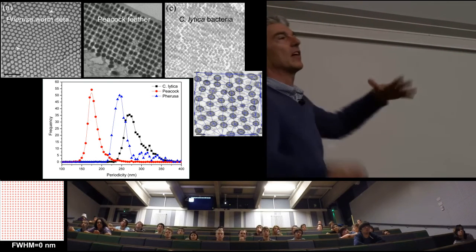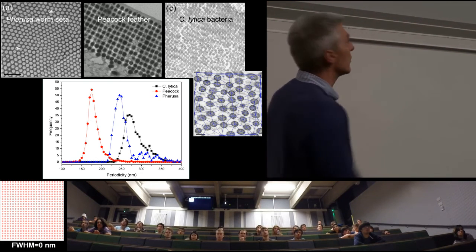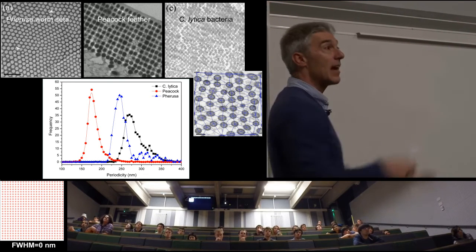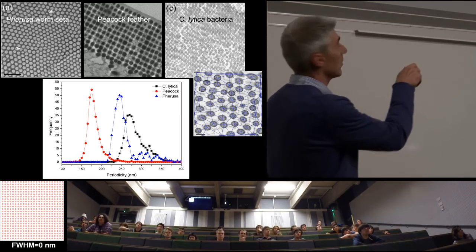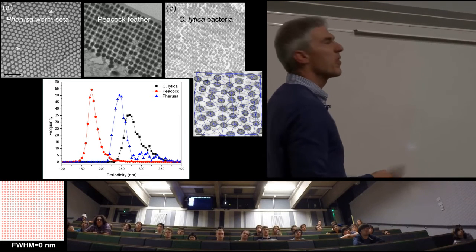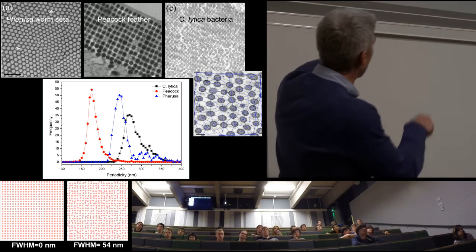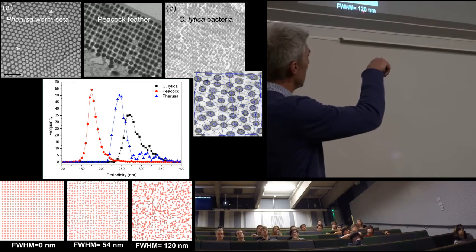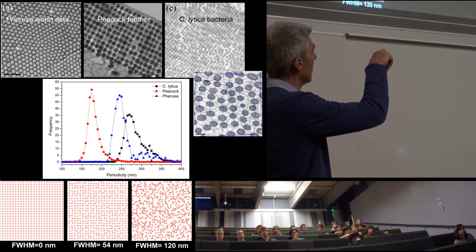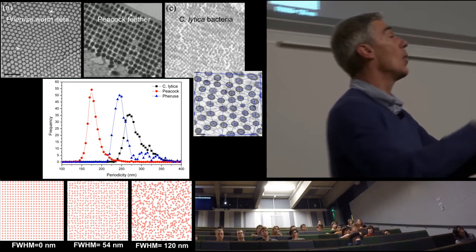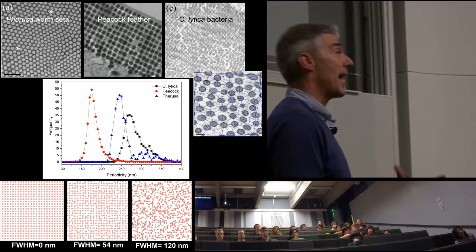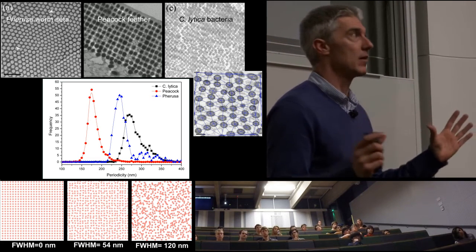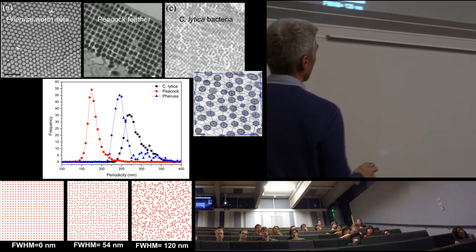Here is a model. It's a computer model, a 2D photonic crystal, square symmetry. And that's how perfectly ordered it is. That full width half maximum is 0. Let's throw a bit of noise at it. That's that particular full width half maximum. Let's throw more noise at it. There it is, a bigger full width half maximum. And then we can put that into our optical, our electromagnetics package, and see what the performance is. Theoretically, right? Because this is a theoretical project.